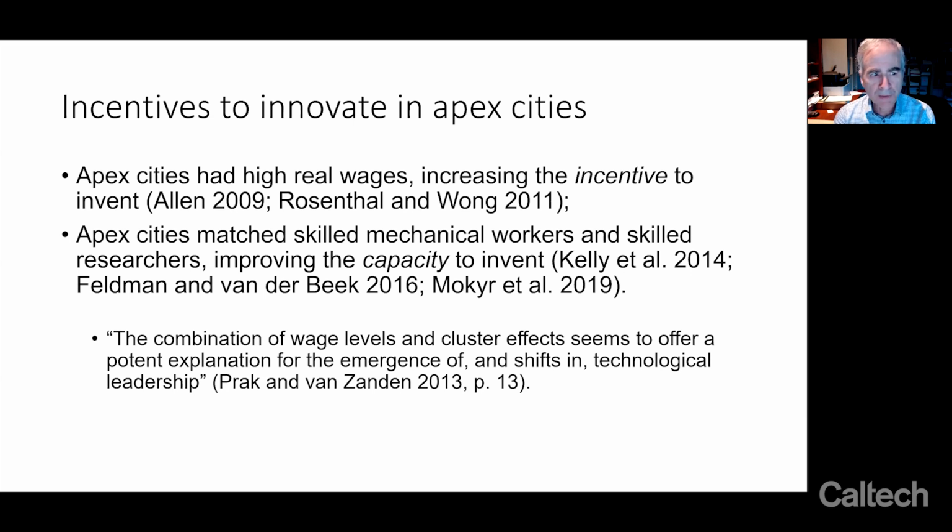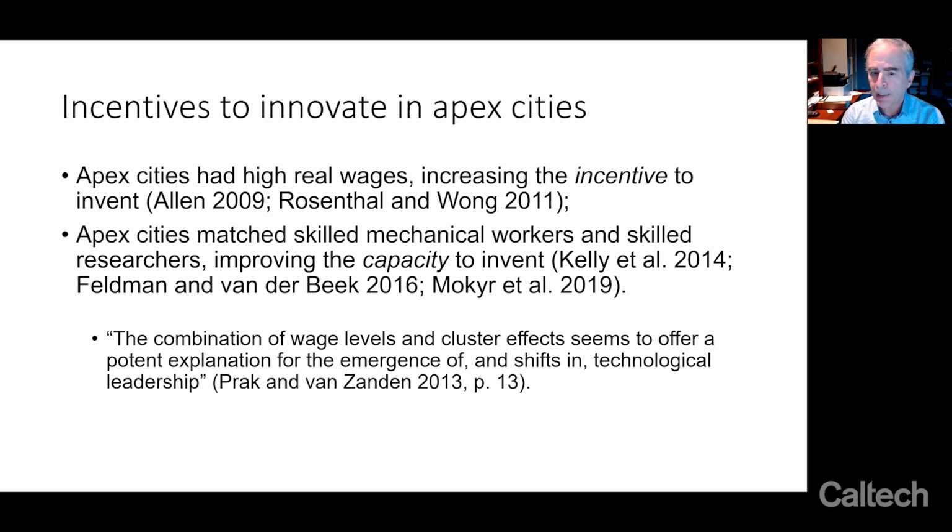Apex cities are also the places that under the model are where skilled mechanical workers and skilled researchers are being matched, and this should improve the capacity to invent. So sort of backing up, I think I may have forgotten to mention earlier in the talk that we view both commodity sectors and knowledge sectors as O-ring sectors. So most sectors where what you're trying to produce is a new recipe or a new set of instructions, using Romer's definition of technology,